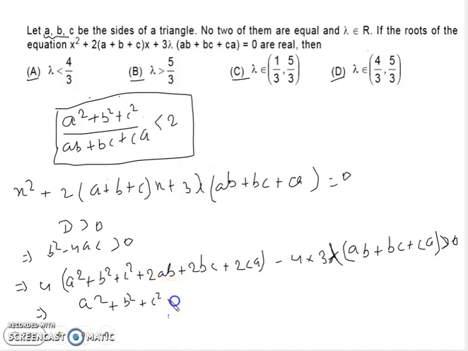So we can write here a square plus b square plus c square plus 2ab plus 2bc plus 2ca is greater than 3 lambda (ab plus bc plus ca). Are you getting my points, guys? Okay,